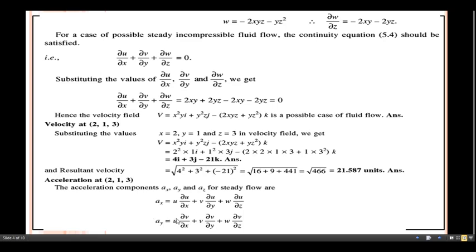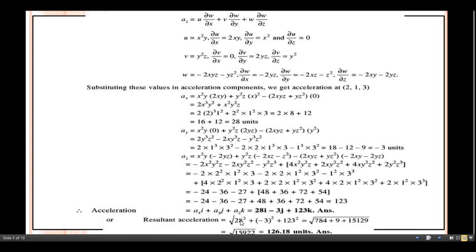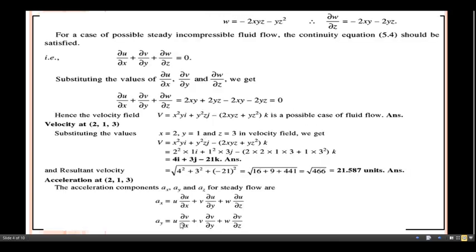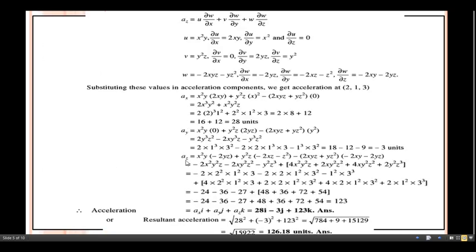Here substitute the value of u, substitute the value of ∂v/∂x, substitute the value of ∂v/∂y, then next one ∂v/∂z. So in this way we can get the next one, a_y, which means the acceleration component along the y direction. By substituting all the terms here, ∂u and ∂v/∂x, similarly this one. So what do we get here?